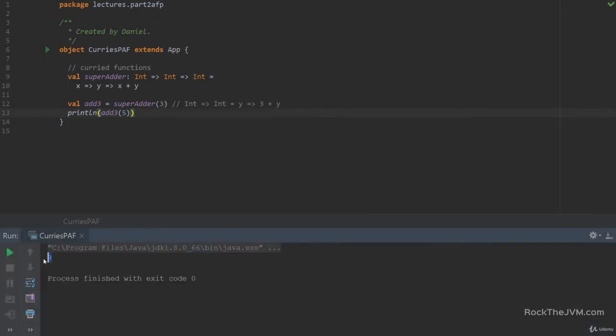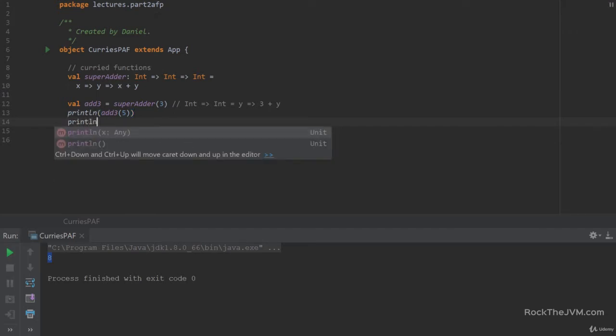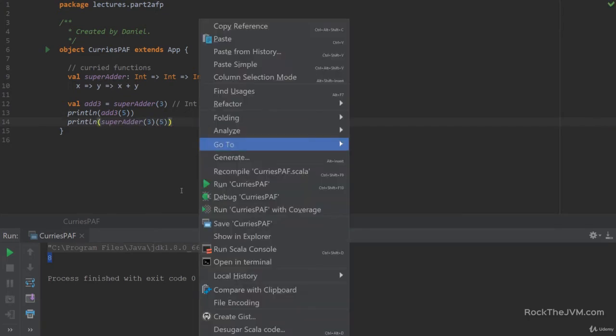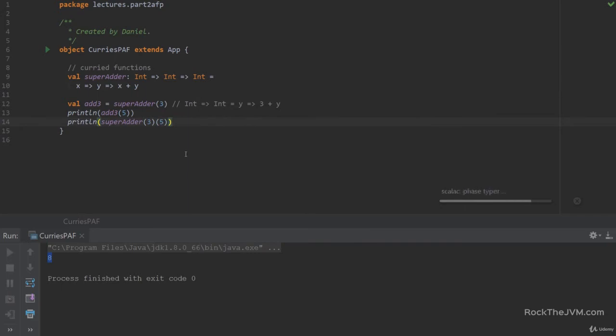Okay, and we can also call super adder by itself with multiple parameter lists, such as super adder with 3 and 5, and this will just create the same result. All right, so we see two 8s here in the console. So the super adder here, like I said, is called a curried function,